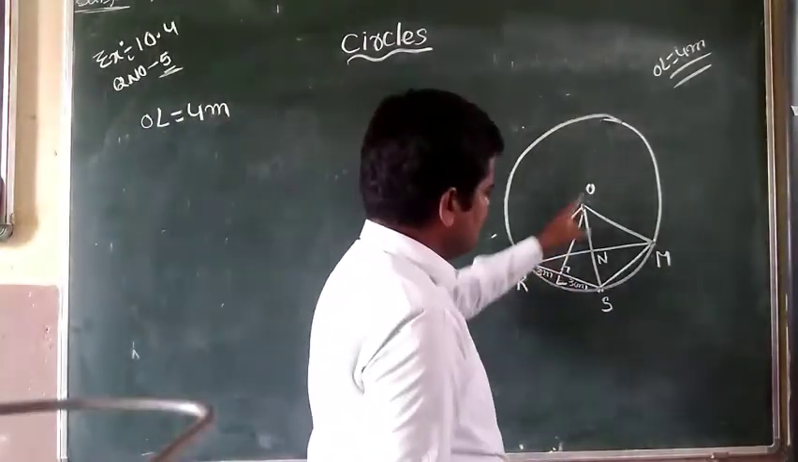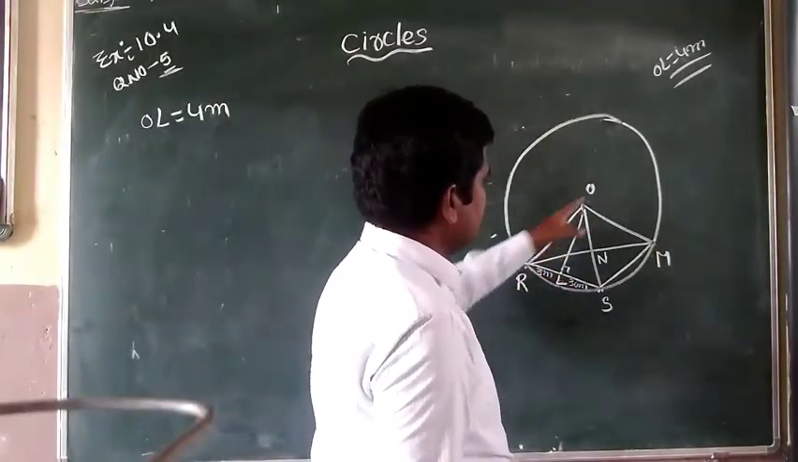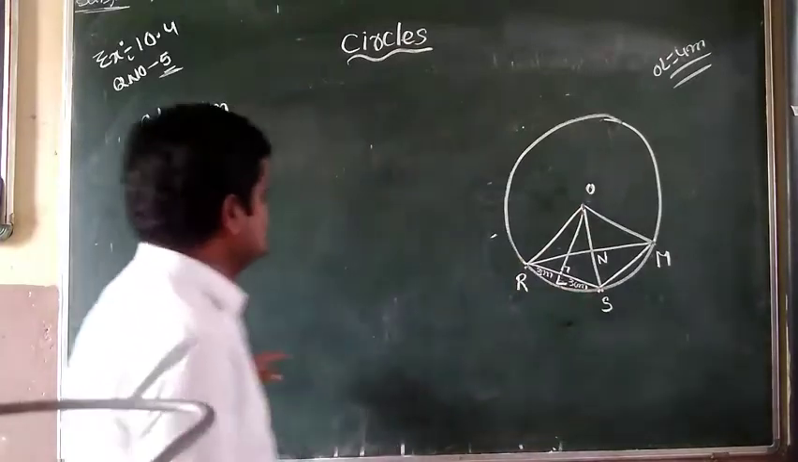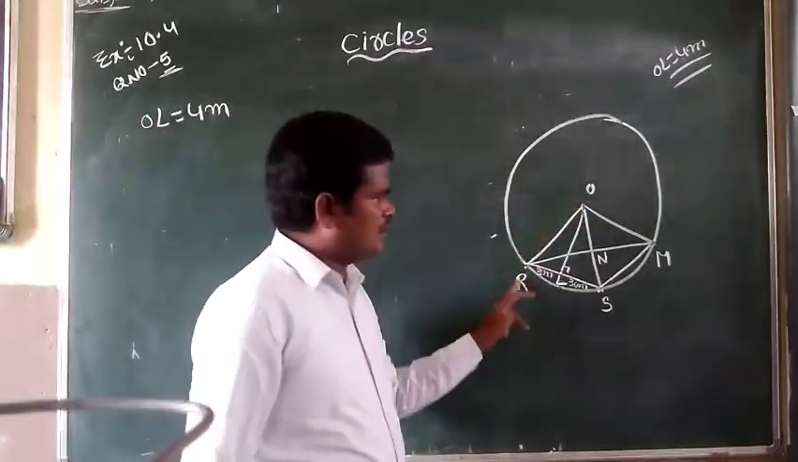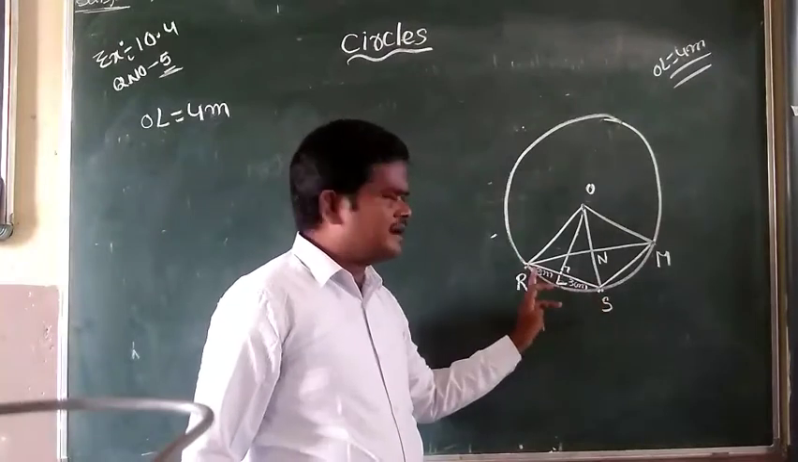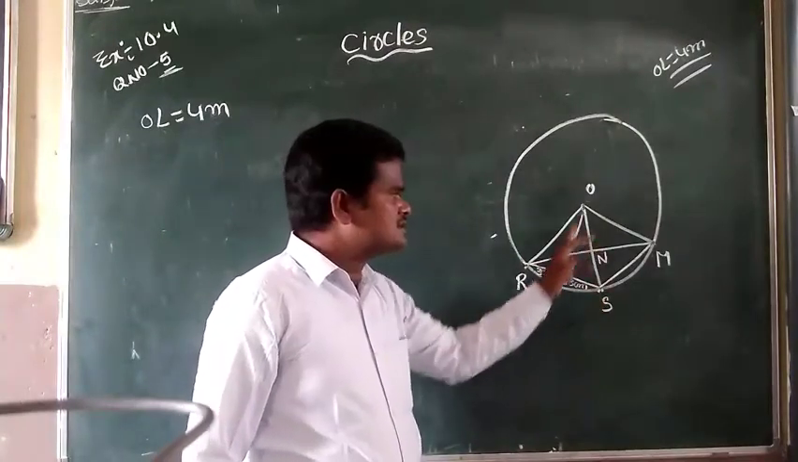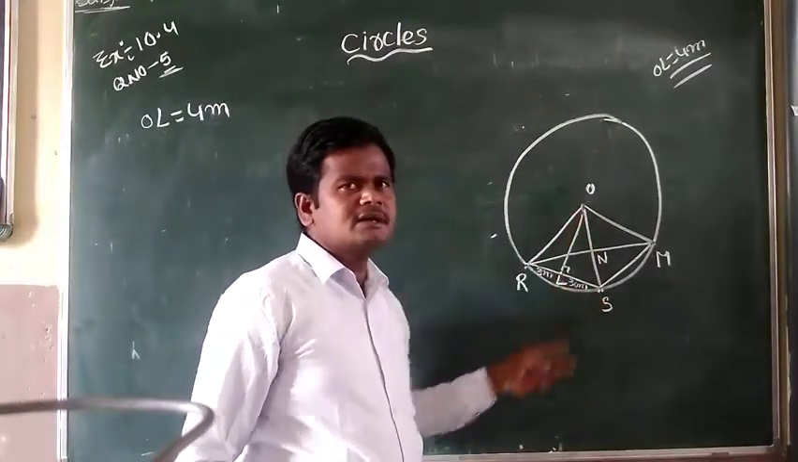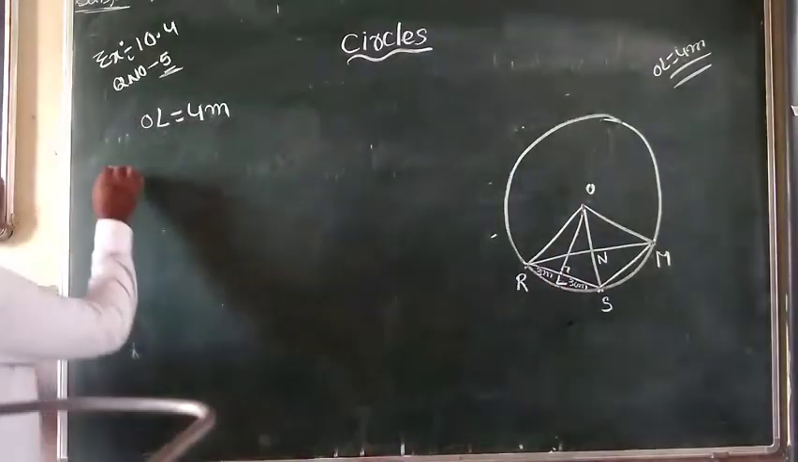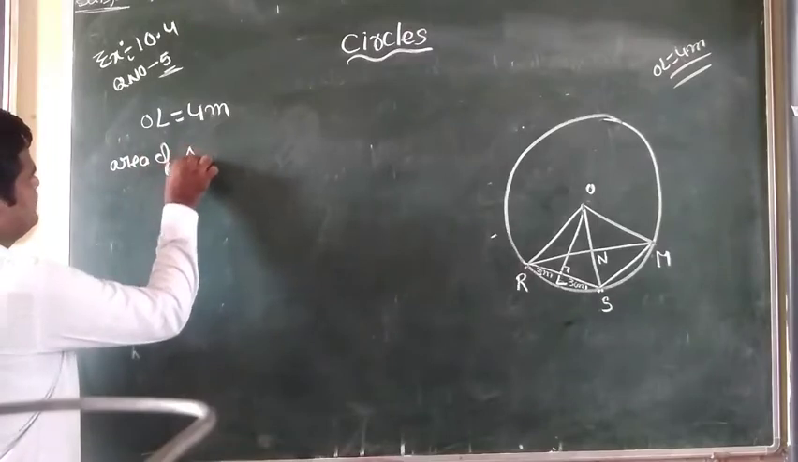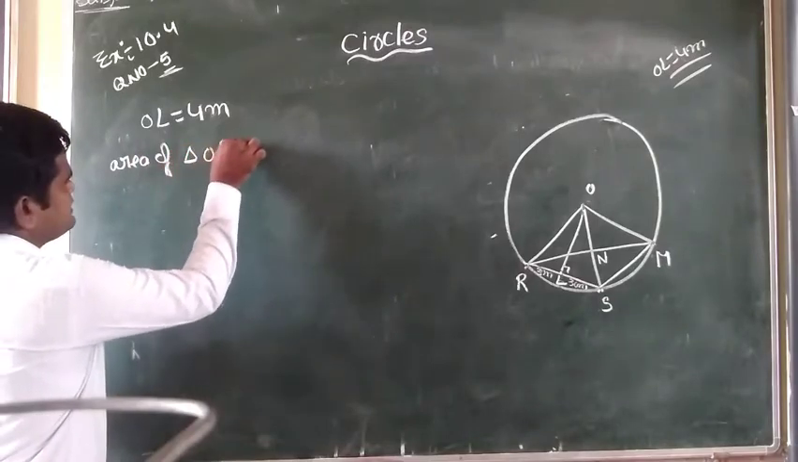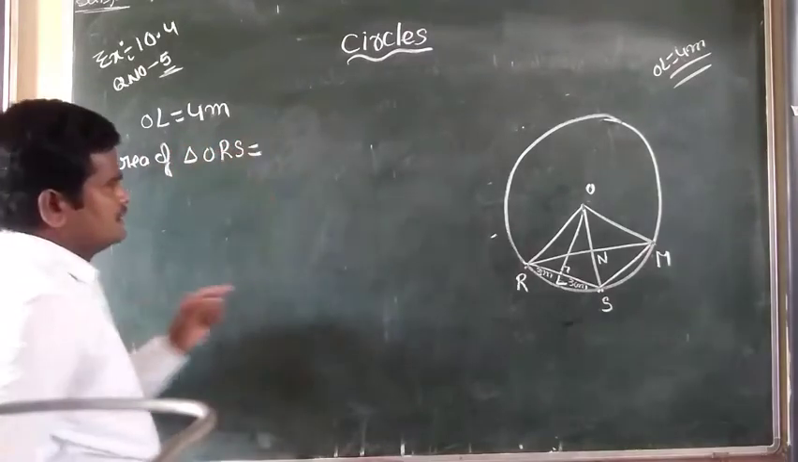This perpendicular length is 4 meter. Take the triangle ORS. So this is the base, and this is the height. So area of triangle ORS equal to,